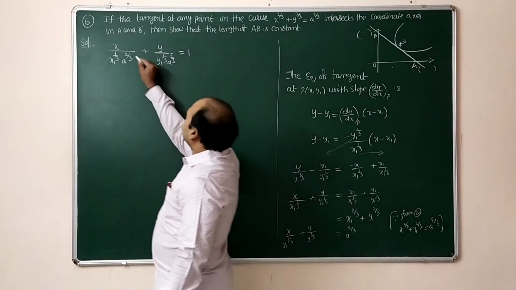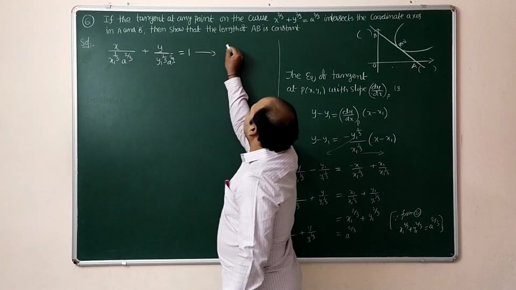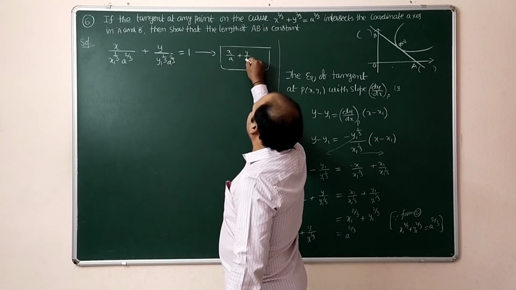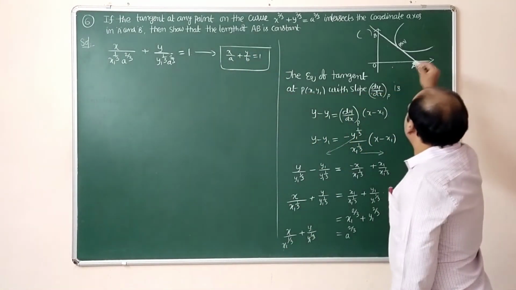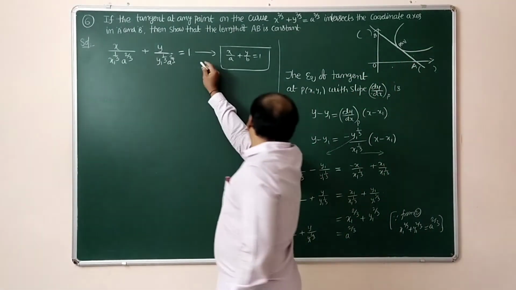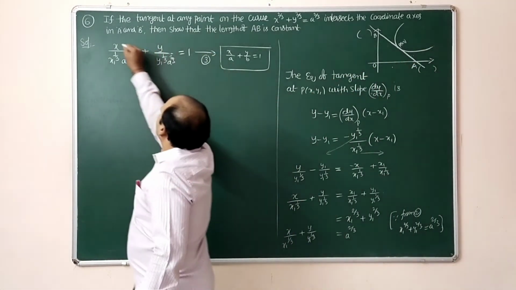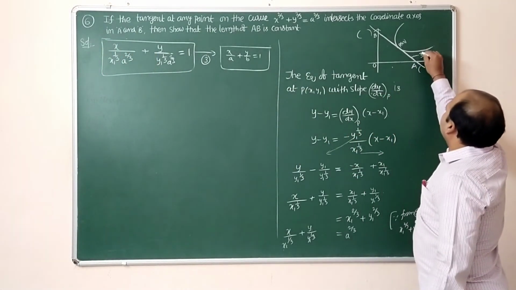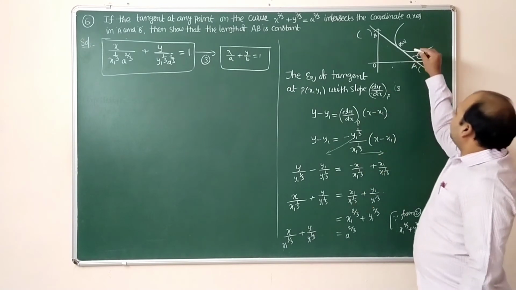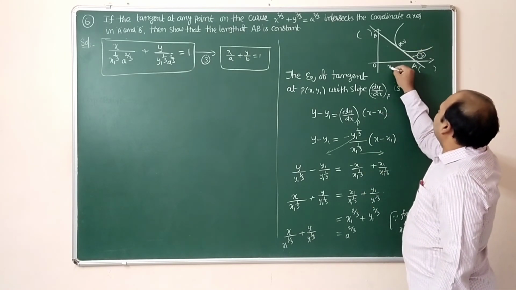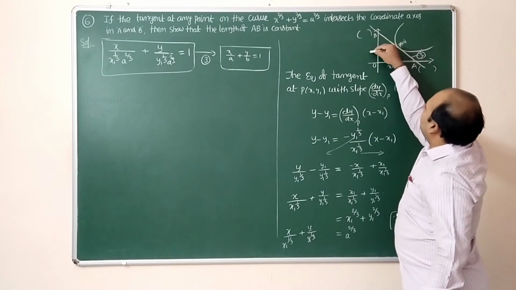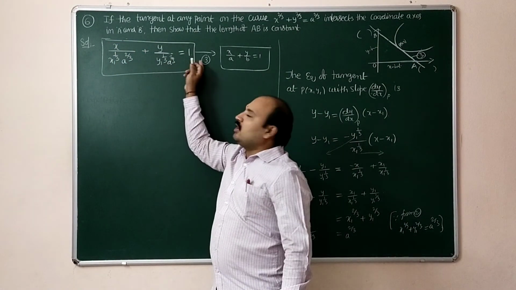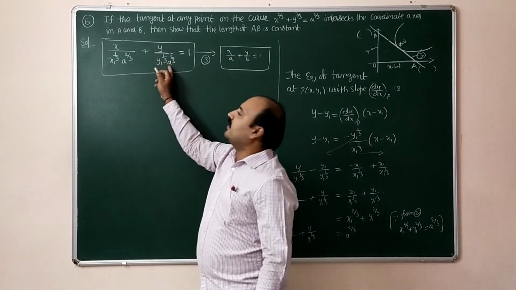So now it is in the form of, just roughly I am saying, intercept form x by a plus y by b equal to 1. Observe that this is the tangent equation. You take it as equation number 3. From equation 3, OA is x-intercept, OB is y-intercept. So whenever it is in the form x by a plus y by b equal to 1, this is called x-intercept, this is called y-intercept.